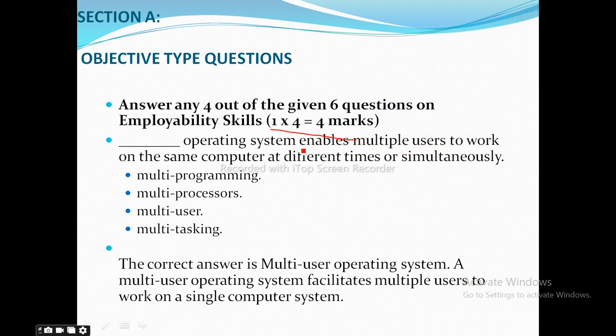Here, any 4 questions. Which operating system enables multiple users to work on the same computer at different times or simultaneously? Whether it will be multi-programming, multi-processor, multi-user or multitasking. Which operating system enables multiple users to work on the same computer at different times? So it will be multi-user, same, multiple users. So here we are talking about multiple users. So the answer will be